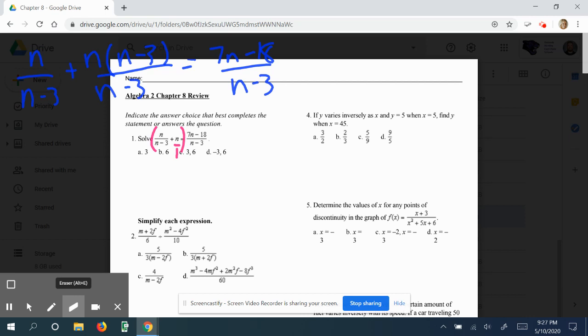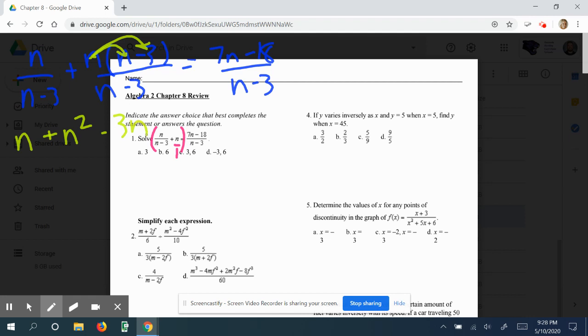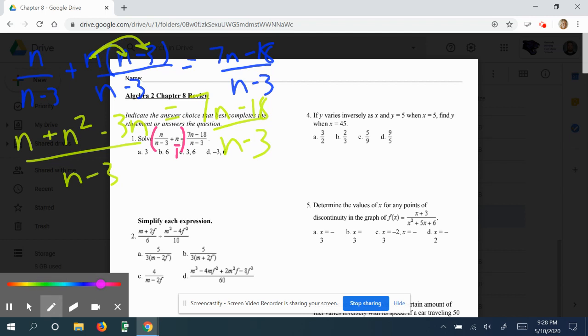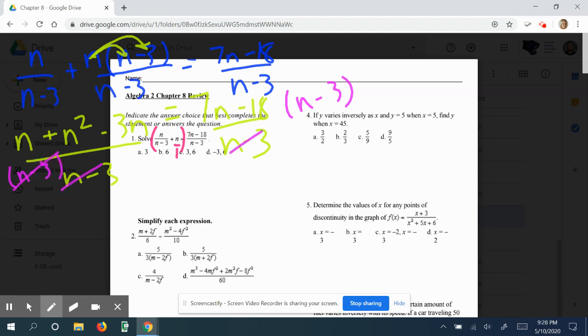Now, the next thing I'm going to do is I'm going to distribute. So n times n is n squared, minus 3 times n is 3n. And notice I can combine them because they're both over the same thing, is equal to 7n minus 18 over n minus 3. Now the next thing I can do is I can say, well, I'm going to multiply both sides by n minus 3. And you might not see this, or maybe you do, is that they're both over n minus 3. So they cancel out. And I get n squared, n and minus 3n would be minus 2n, is equal to